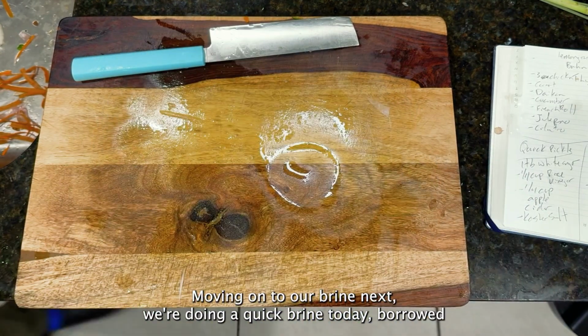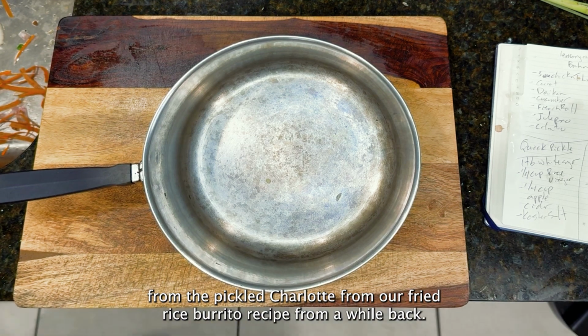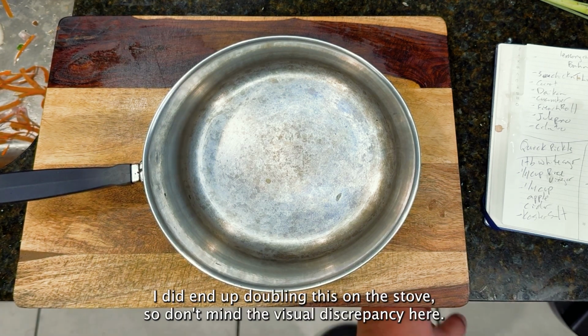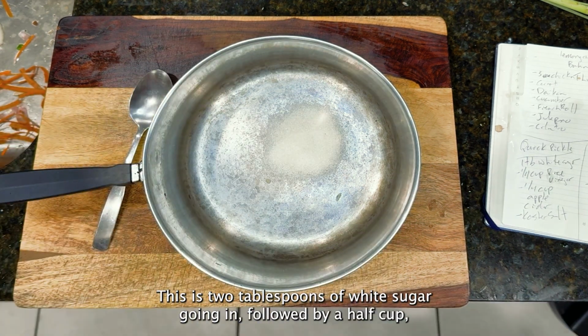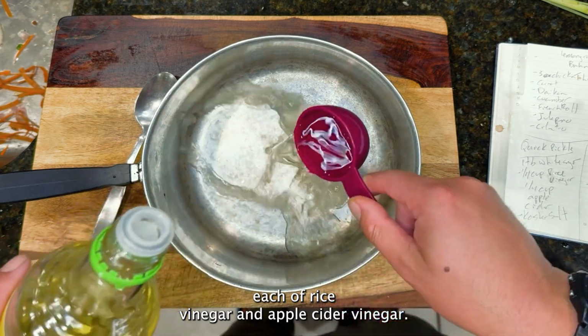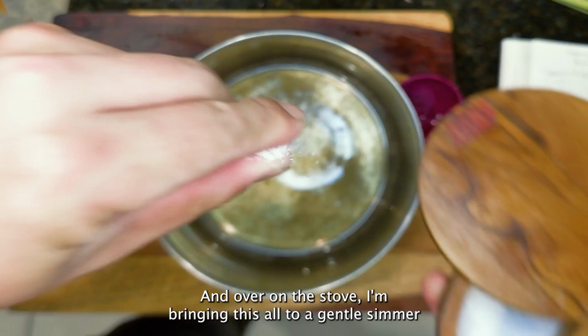Moving on to our brine next, we're doing a quick brine today borrowed from the pickled shallot from our fried rice burrito recipe from a while back. I did end up doubling this on the stove, so don't mind the visual discrepancy here. This is 2 tablespoons of white sugar going in, followed by a 1/2 cup each of rice vinegar and apple cider vinegar. Then I'm rounding this out with a pinch of kosher salt,